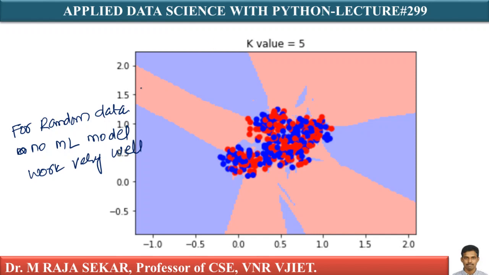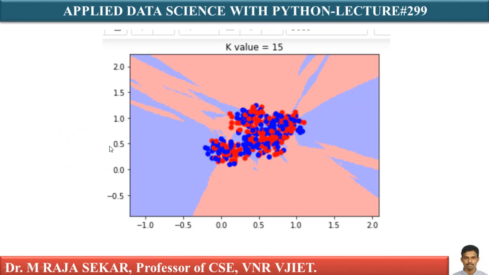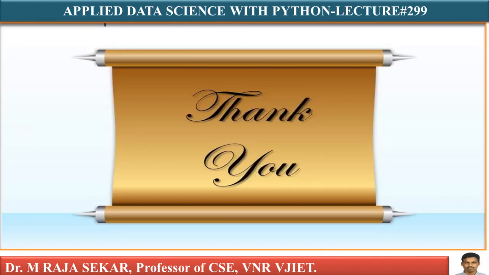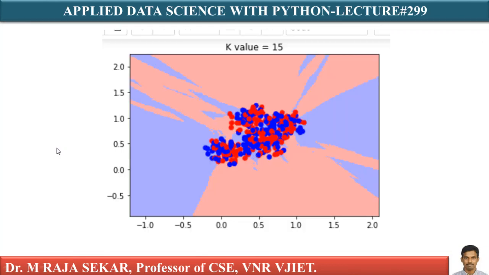These are simple data sets. Anyway, I will provide the code. Just keep on changing K values, and you can realize the decision boundaries. Usually, as K increases, you will get smoother decision surfaces. But in the case of random data, you will not get smoother surfaces. The data nature itself is random.